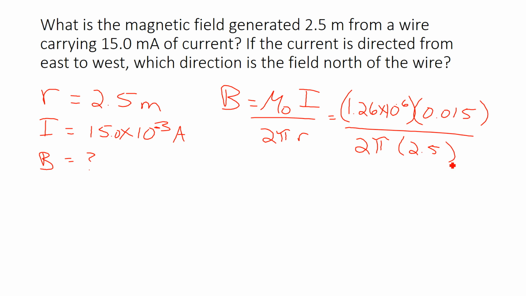That's good, Caleb. Yeah, so I figured out the top: 1.89 times 10 to the negative 8, all over